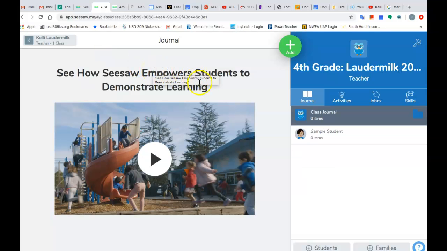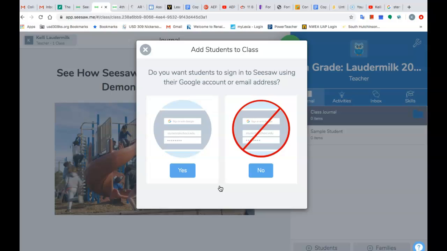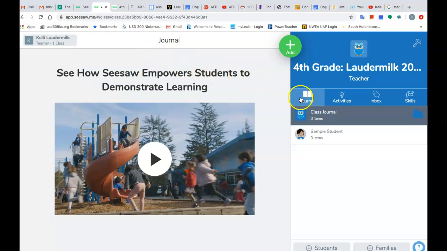The really cool part about this is if a student's gone, I can upload everything we did that day to Seesaw and send it to them, and parents can be notified as well. So here's an add families button, okay? And it says there aren't any students yet. Well, you can't add families until you have students to connect them to. Okay, so this will change and it will walk you through the steps. It is very easy to add them. And we have PowerSchool at my school. I just used their information there and confirmed at conferences that that information was correct and uploaded it and got them connected very easily. So you can see right here, you can add, you can do a class journal, and